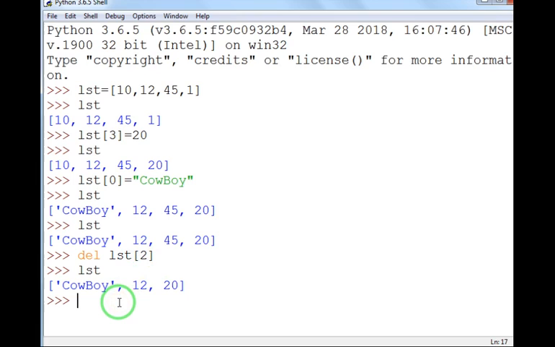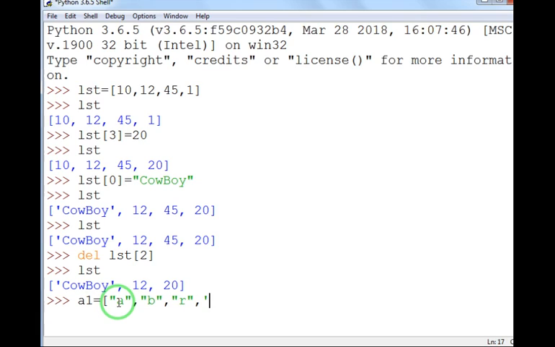Okay, now let's delete something in a range, or we want to delete a subset. So let's create a list. Suppose A1 is the list that I've created. In this I have entered certain values A, B, R.